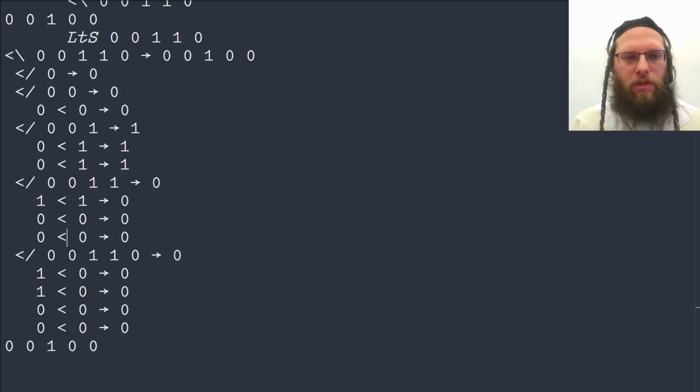And 0 less than 0 gives 0. And so too, for the last element, we start off with a 0 on the right and a 1 on the left. And then the result, which is a 0, survives into here. We have the same situation, and the 0 propagates on, and eventually we get 0. And so we get the full result,